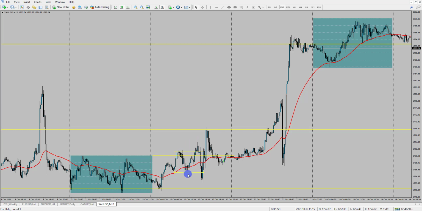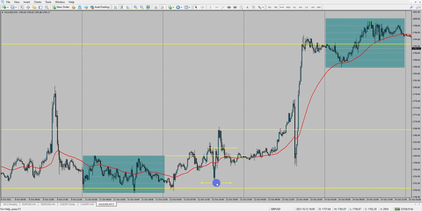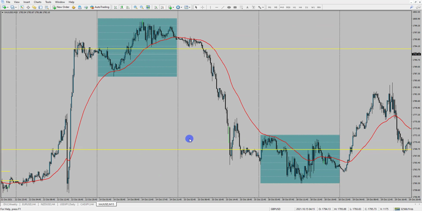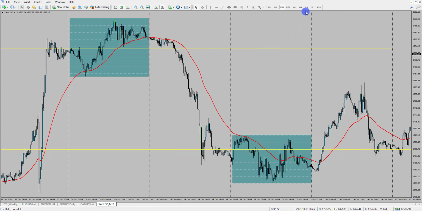So again, depends on how you want to manage this position or look at the risk, but if we got stopped on that one, I would have entered again on the breakout of the high. So what I would have done is looked for a buy position here, stop losses below the swing lows, and looked for another move to the upside. Again, you could have put that below the previous low here, and it'd pretty much be the exact same trade. Again, you've got another move through here, another low daily range candlestick,